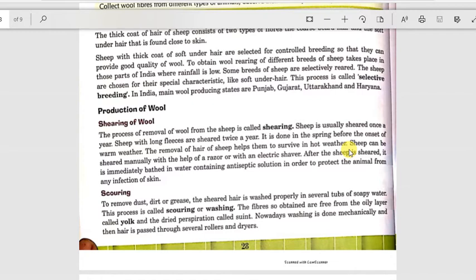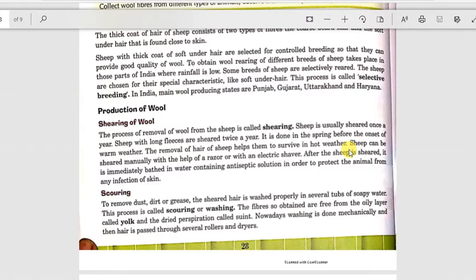It is done in spring before the onset of warm weather. Because in warm weather, if it is not sheared, they will feel very hot and they may die. The removal of hair helps them to survive in hot weather.